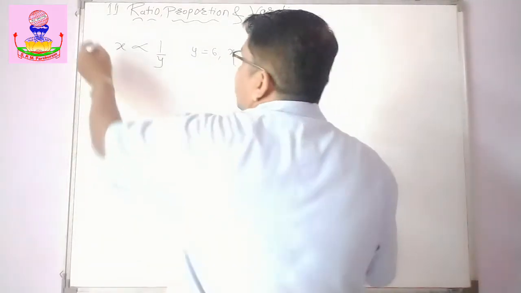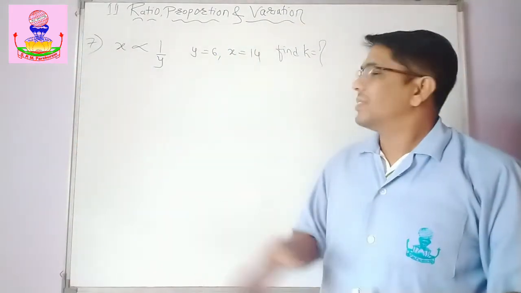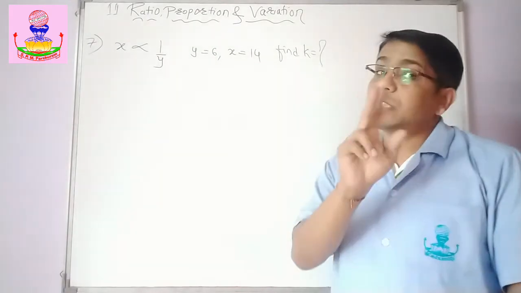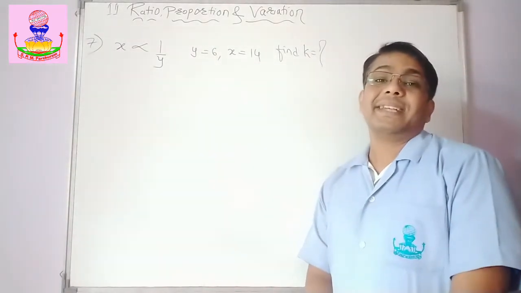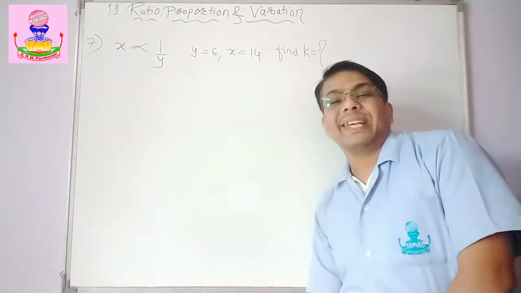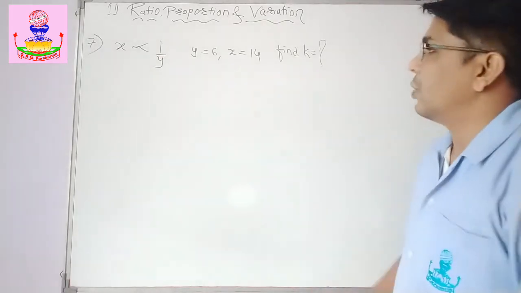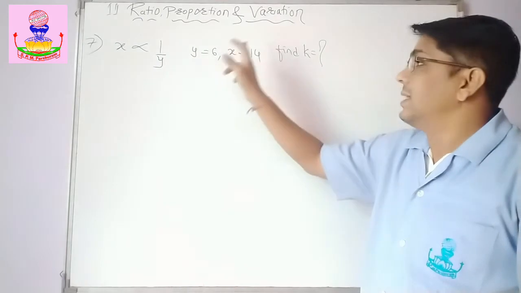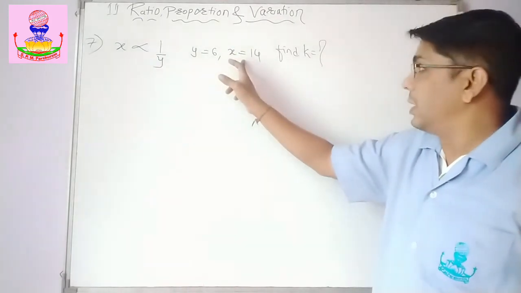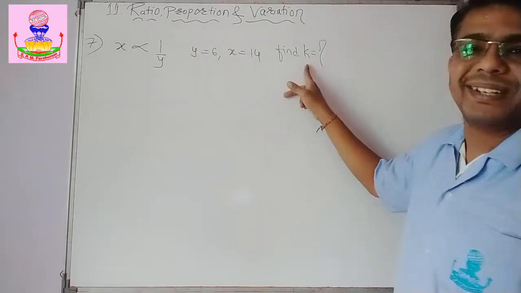Now see, seventh example. x is inversely proportional to y. This is inverse proportion. Now in inverse proportion, what is constant? Yes, product is always constant. x into y should be equal to k. That is constant of variation or constant of proportionality. Okay, now here value of y is given 6. If value of y is 6 and value of x is 14, you have to find constant of variation,